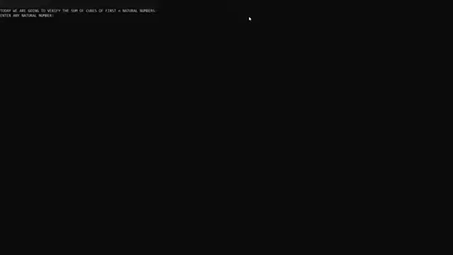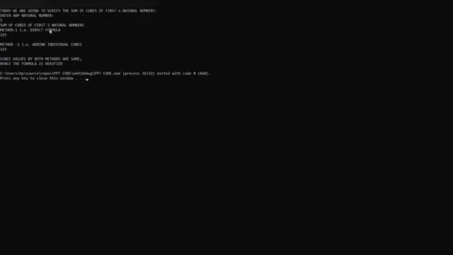Now let's try running the code. So here's the output. Today we are going to verify the sum of cubes of first n natural numbers. As we have written in cout, it came, and enter any natural number. So I am entering 5. As you can see, the sum of cubes of first 5 natural numbers: method 1, direct formula, 225. Method 2, adding individual cubes, 225. So since values by both methods are same, hence the formula is verified. So our